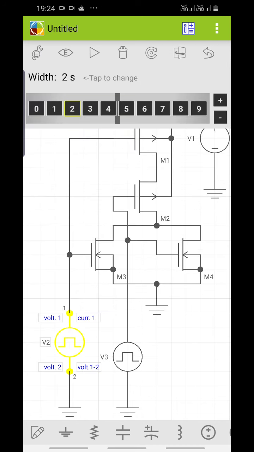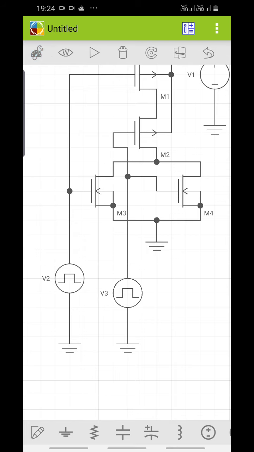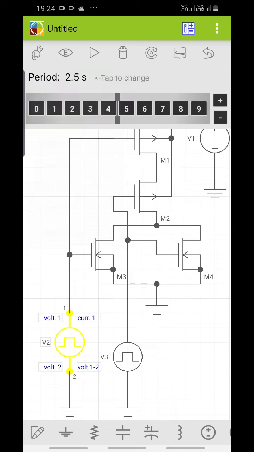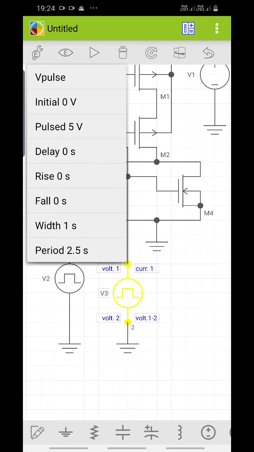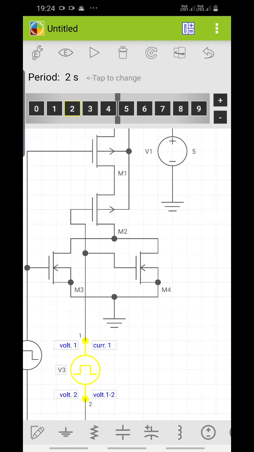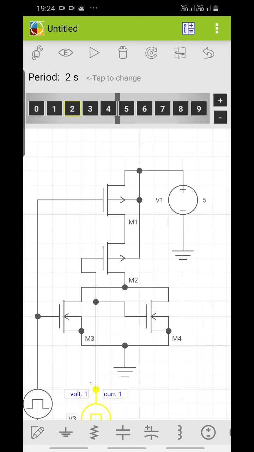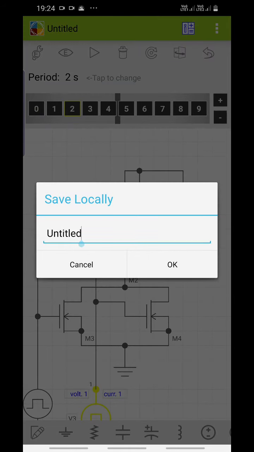For that, width I am giving 2, time period I am giving as 4. For the other source I am giving width as 1, period I am giving as 2, just double. Then go to the 3-dot menu and save as